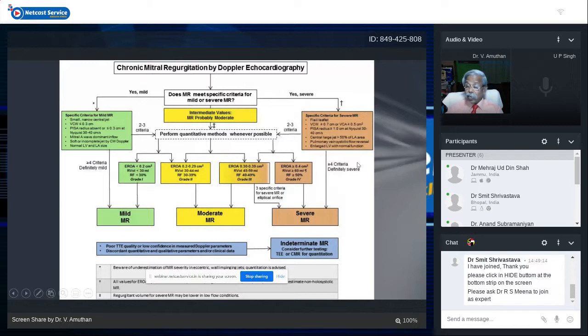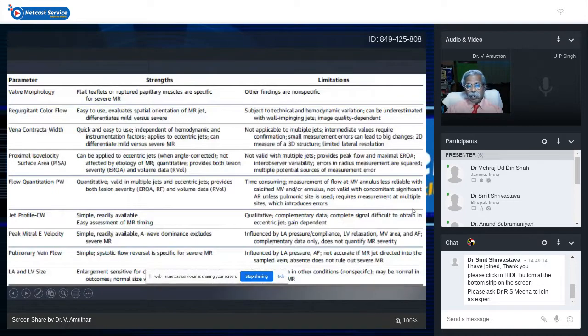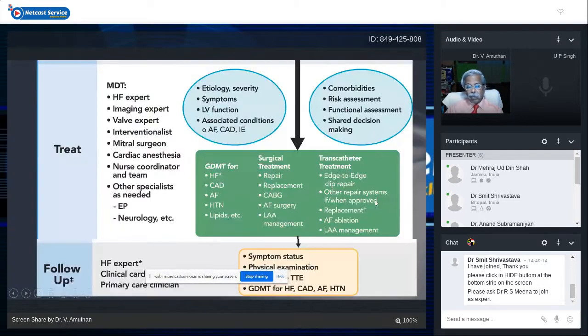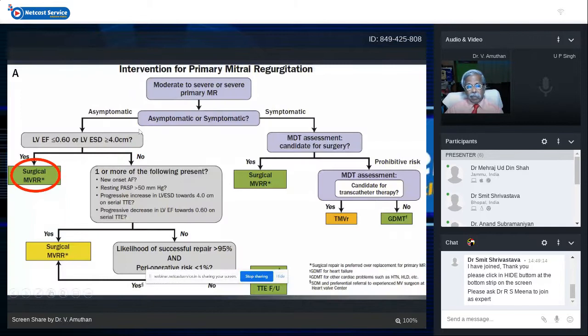The vena contracta width and the vena contracta area and other things can be measured. And then you can quantify whether it is severe MR or mild MR, and it's very easy to assess by this technique. And then you go for the management pattern for these patients. If it is primary, the patient is submitted for surgery. If it is secondary, you have to assess the patient in a different fashion. If the patient has multiple risks, then he can go for the transcatheter mitral valve